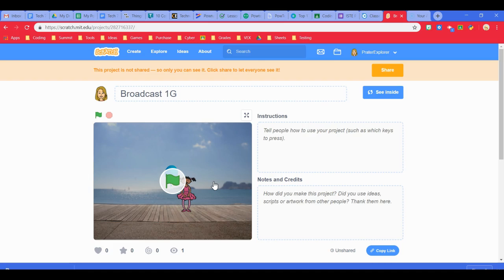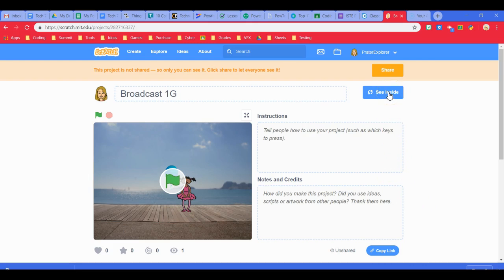So just an in-person example would be if I, the teacher, said, okay, to the whole class, put your hands on your head. And everybody that could hear that message that I just broadcast, when they heard it, they were programmed to then put their hands on their head. So if one agent or one sprite were to say, put your hands on your head, then all the sprites that were programmed to do that, when they heard that message, they would essentially follow those directions per their program,